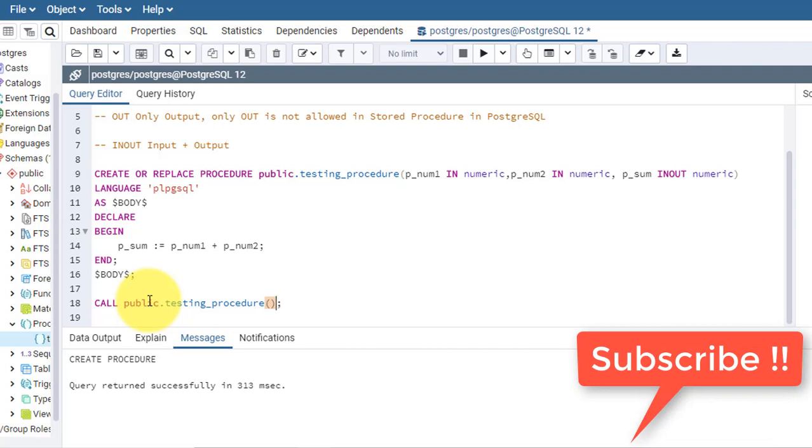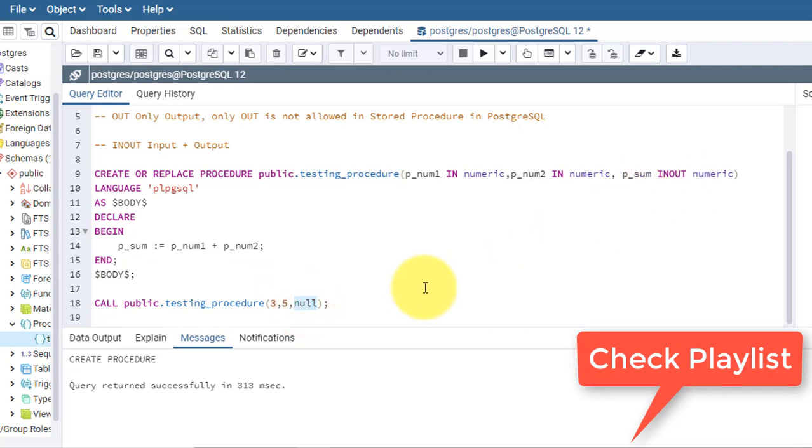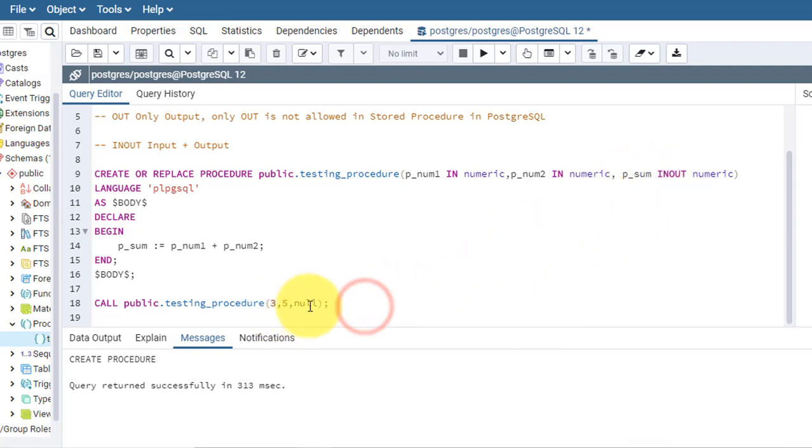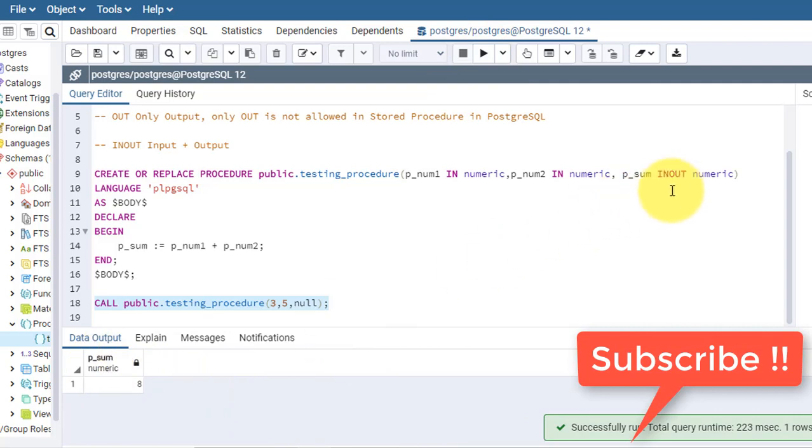Now here I will mention the parameters. So the first parameter is 3, the second parameter is 5, and the third parameter is null. The null parameter, because it will hold the output variable and I am not giving any value. If I give a value, there will be no issue, because we are not doing anything with this one. So for now I am giving null. Now let's call it. When I call it, the p_sum, the third parameter value, gives me 8, because the summation of 3 and 5 is 8.